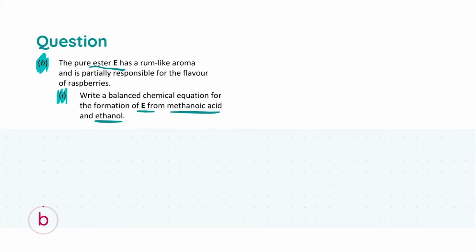So the first thing I'm going to do is write down the formulas for methanoic acid and ethanol. And then from there we can work our way through the question. But just before we jump into actually solving this question, writing down our balanced chemical equation, there's one thing I want to make a note of first, which is the process of actually making an ester, also known